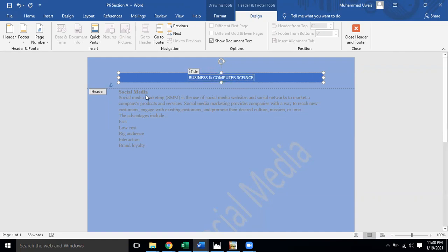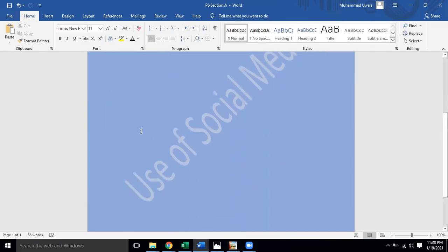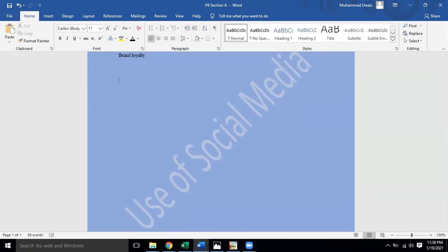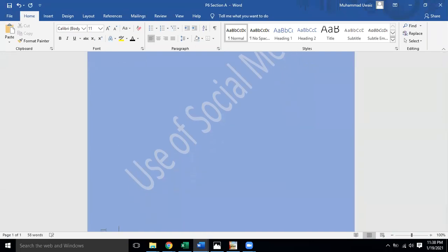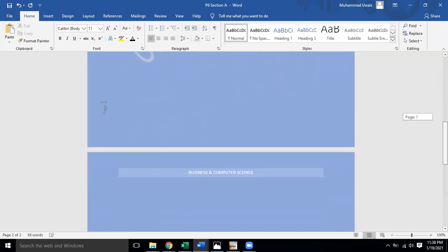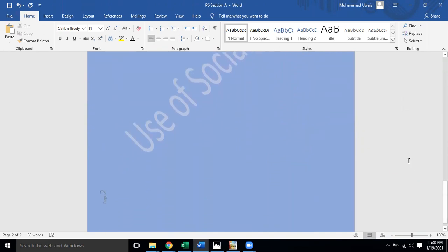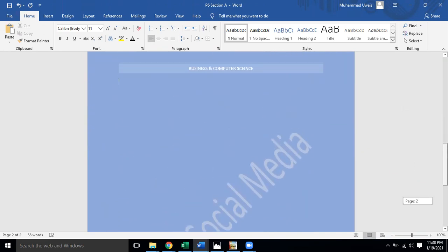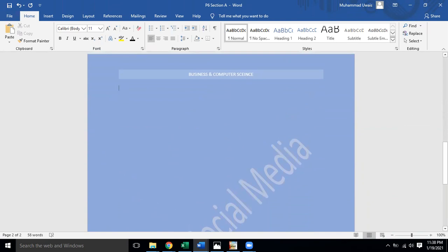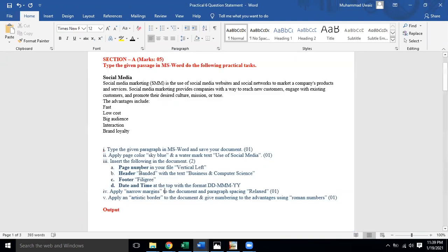Okay, so this is the header that we have applied, and we know that if we insert any more pages in our work, the header and page number will come automatically. Just like if I enter another page, you can see over here in the second page that the same color scheme, same watermark, and the page number 2 is appearing over here. And you can see that the banded header is also applied to my page. Fine. These all things I have already explained to you in detail.